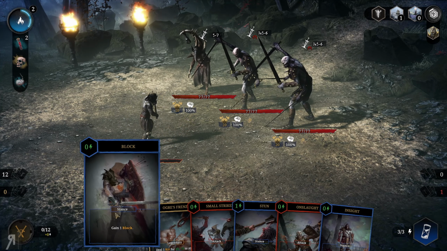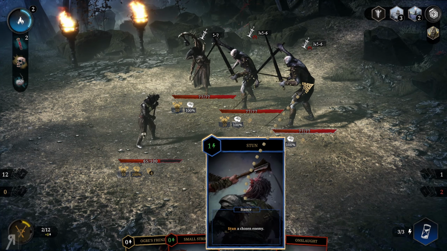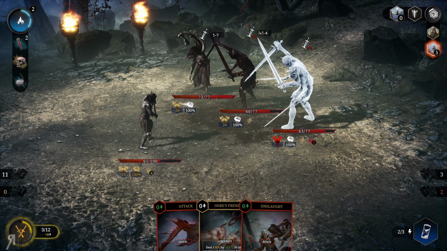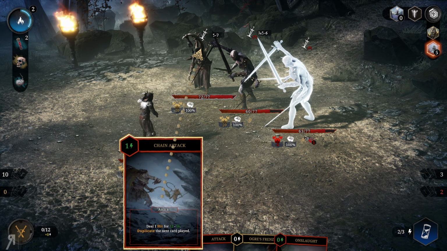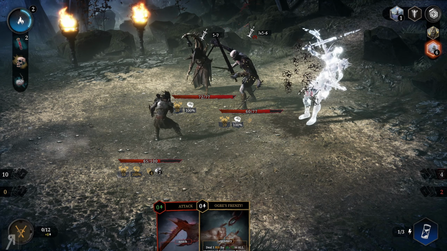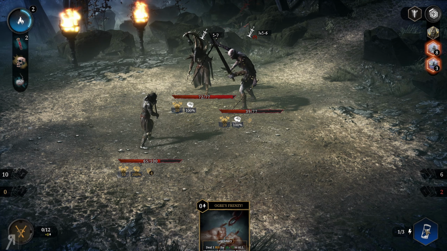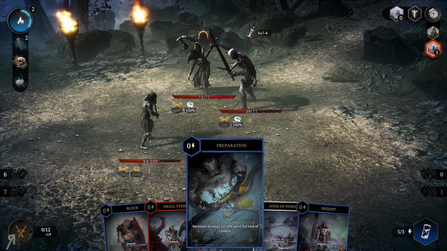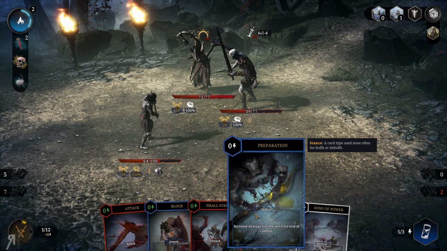Gain 50% increased damage this turn. Sounds good to me, so let's do that. Let's stun this one. And let's do some of this. Let's pull a card. Chain attack. That's going to be super useful, I think. Let's try and kill this guy. There we go. Let's try and attack this a little bit. I don't really want to use Ogre Frenzy right now. Okay, preparation. Insight is so good though, so I'm probably...